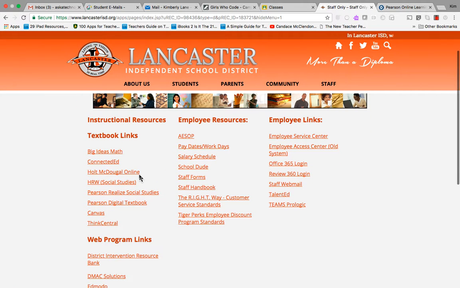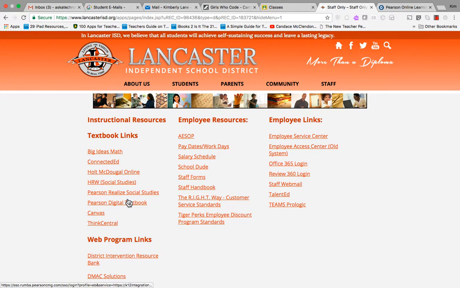When you click on Staff, under the textbook links, you're going to see several of them. You're going to see Big Ideas, Connected, McDougall's Online, HRW, Pearson Realize Social Studies, Pearson Digital Textbook, Canvas, and Think Central. What you want to make sure that you click on is Pearson Digital Textbook. When you click on Pearson Digital Textbook,